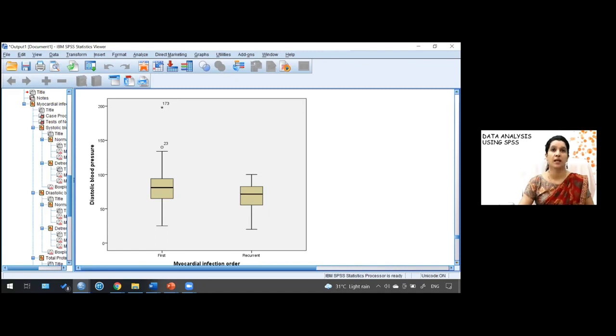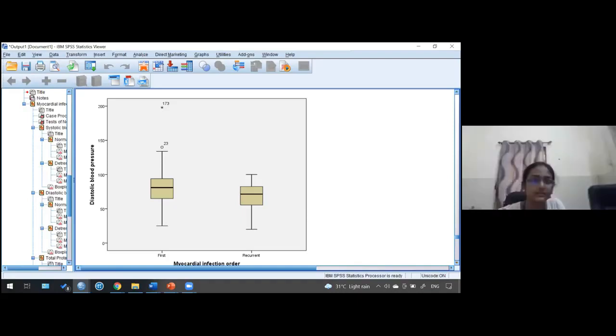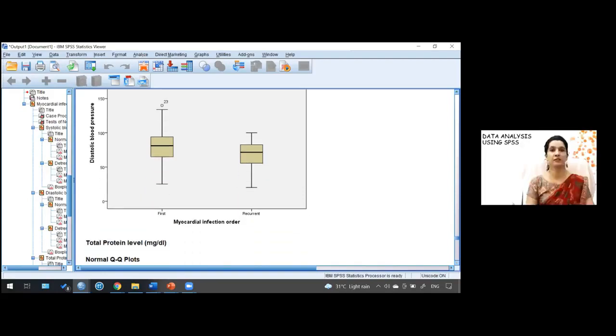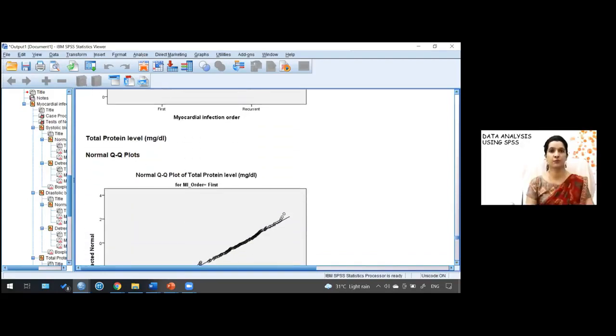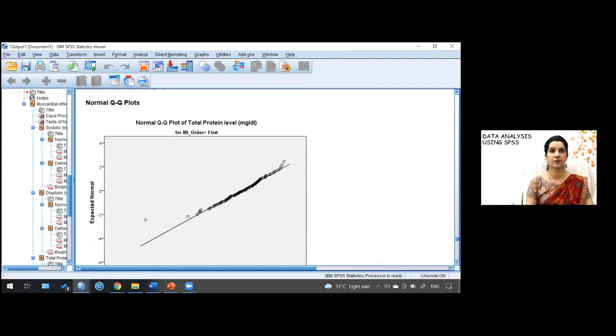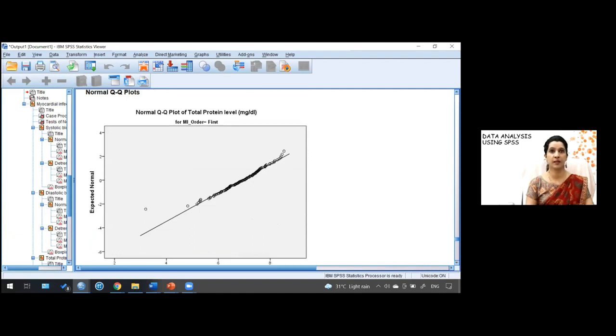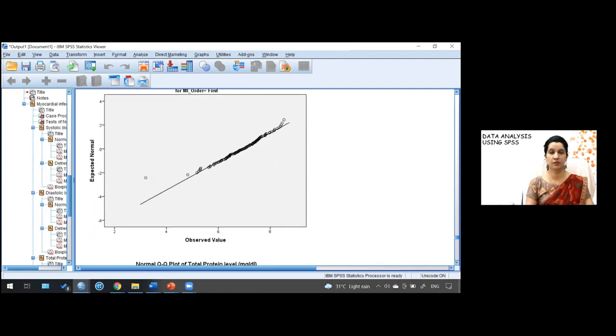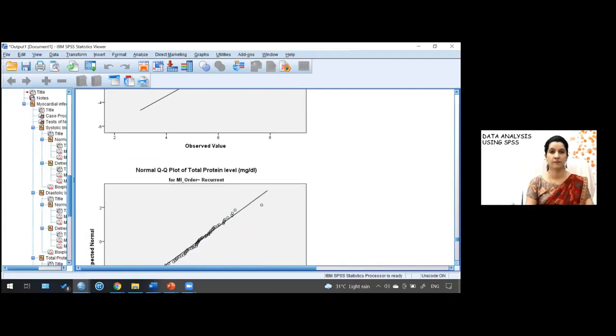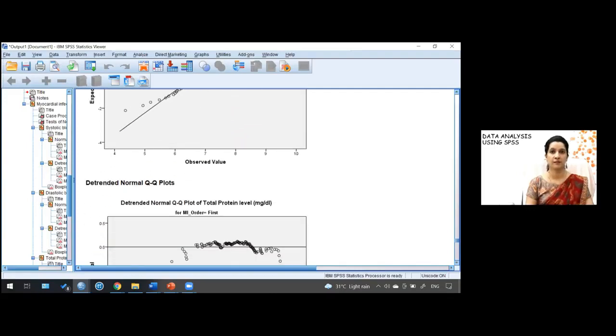Okay. And this 23 and 173 is what, Mayuri? Is this the value? No, it's the serial number. Okay. Thank you. So now if you see the total protein, the MI first order is in the line. Then if you see